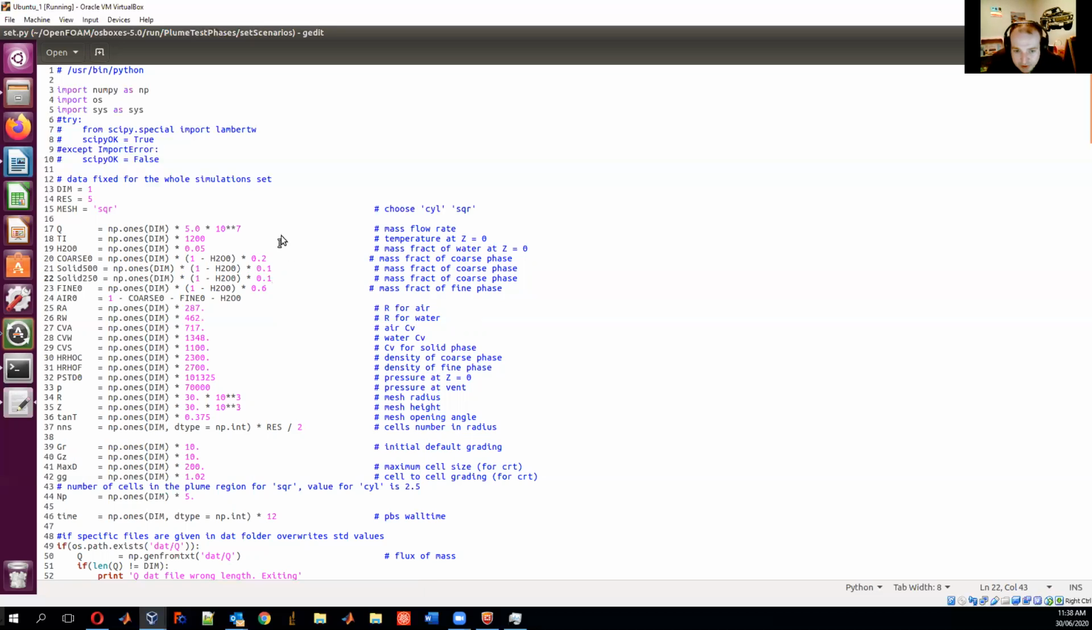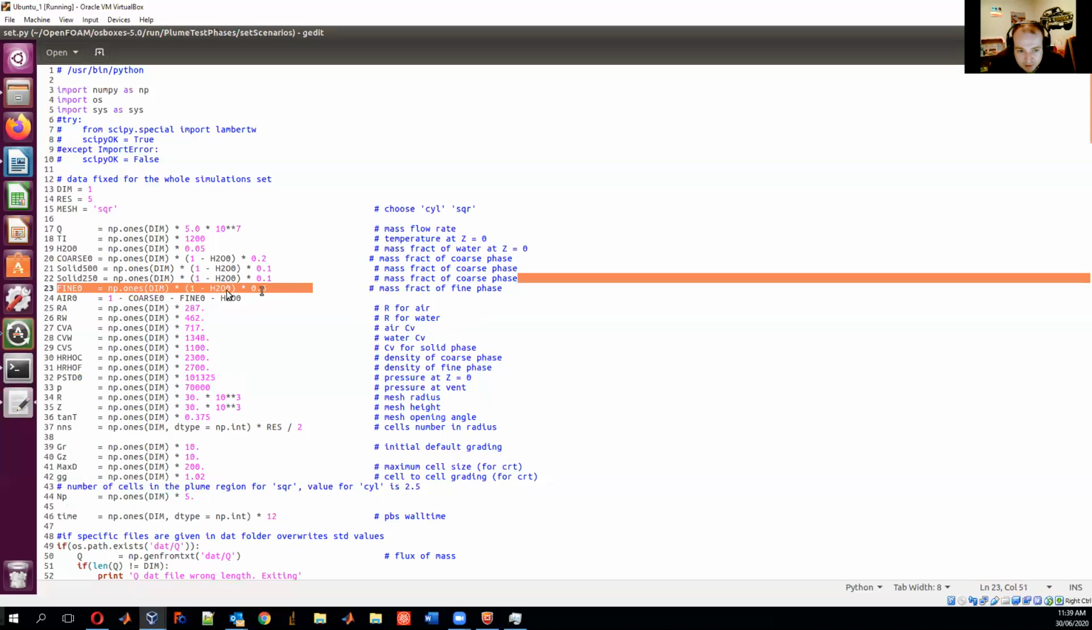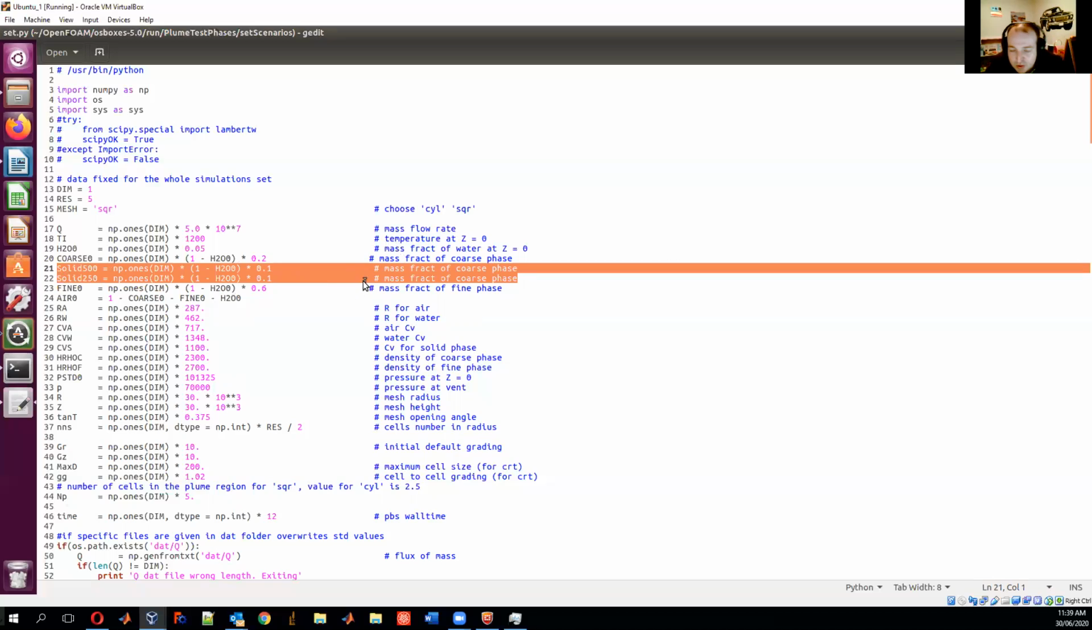Okay, so now 0.2, 0.1, 0.1, and 0.6. If you add those together, that should give you 1. So being ejected from our volcano is 5% water, of course 95% solid, and that 95% solid is made up of 20% of the coarsest, 10% of the 500 micron, 10% of the 250 micron, and 60% of the fine phase, which will set the exact particle size later. Okay, so now we've told Ashee that we want to add 2 new phases,